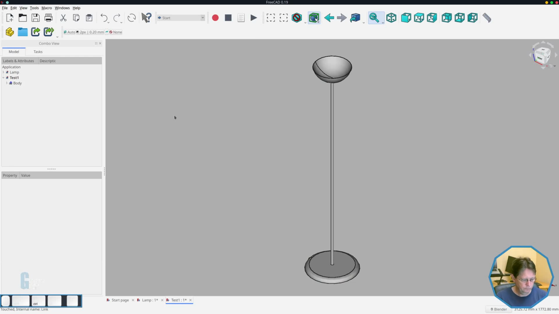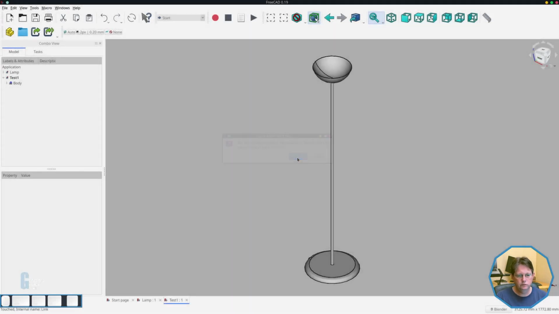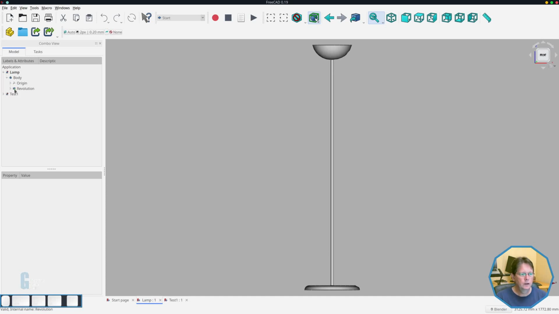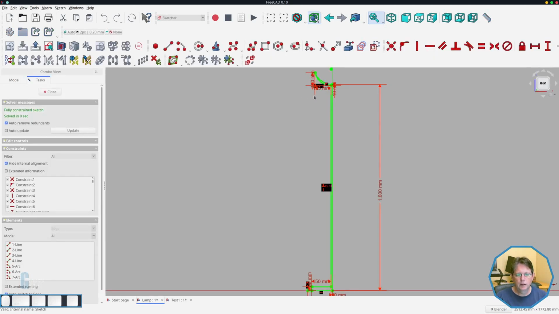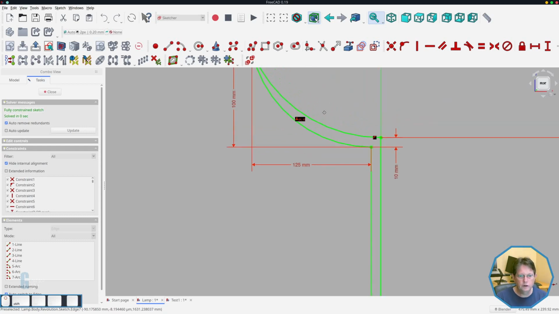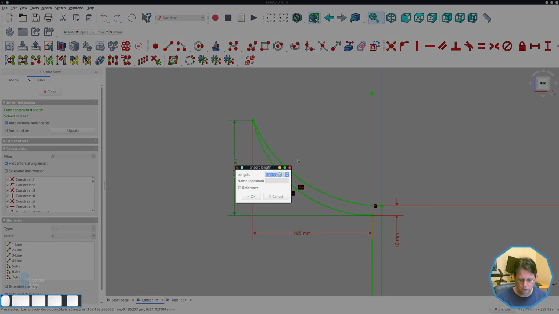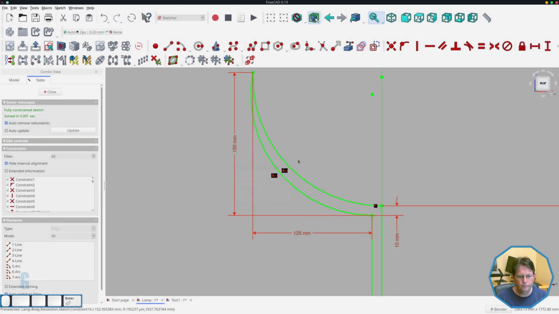So if I save that now, it's going to ask me whether I want to save all the dependencies as well, and I'm going to say yes. And if I go back to my lamp model, let's just say for argument's sake that I want to modify the sketch, and let's do some mods on the top here just for some fun. Let's make the height of that say 150 millimeters, so it's clearly much bigger. Close that,